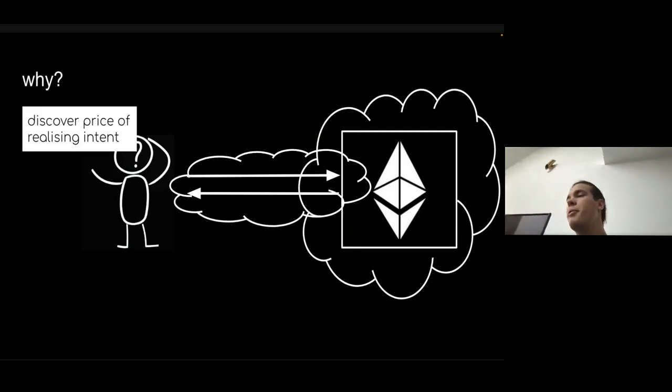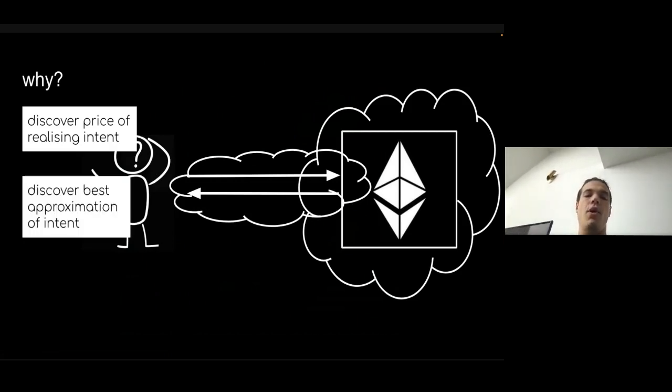And it's appropriate for two things. The one is discovering the price of realizing your intent. You're trying to do something in the blockchain, but what is the cheapest, what is the lowest amount you can pay to do this, right? And a related question, which is more like fixing the price: what is actually the best approximation of this intent, right? Not every intent necessarily has a solution to it. I just want to trade at the best price, right? How can we get this best price, this best approximation of our intent?